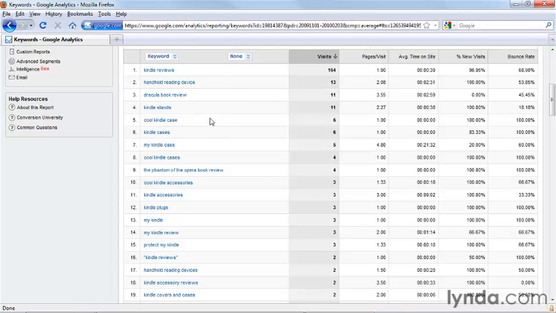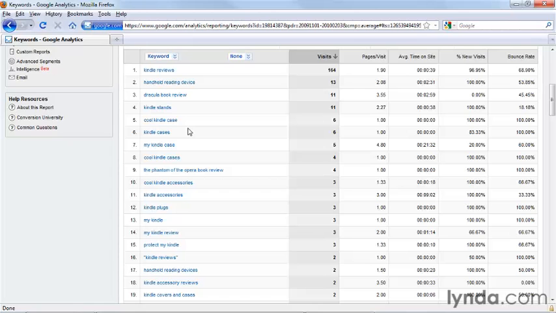While we optimized for Kindle cases, we get found for related phrases such as cool Kindle case. That's the beauty of SEO. Within here, some of the things to look for are which phrases are missing that we optimized for. If you don't see them or variations of them, then either your page isn't showing up in the search results on the first or second page for it, or perhaps it wasn't as good of a phrase as you thought